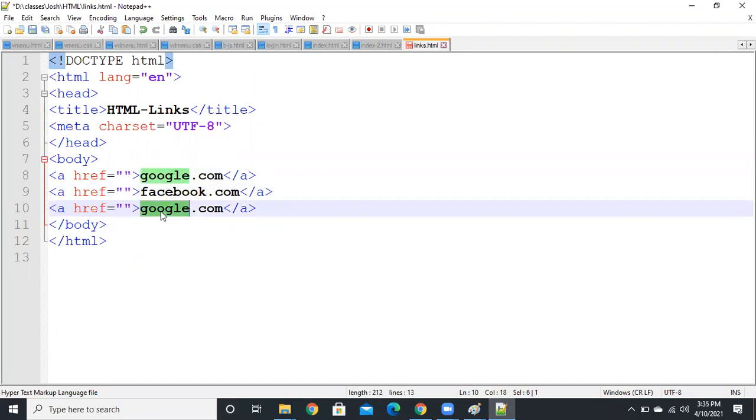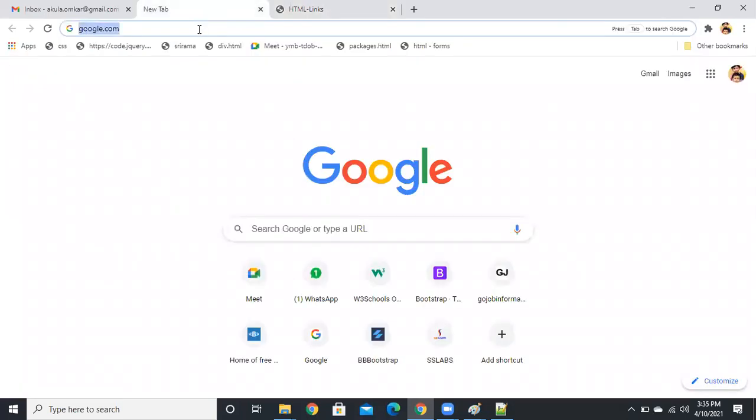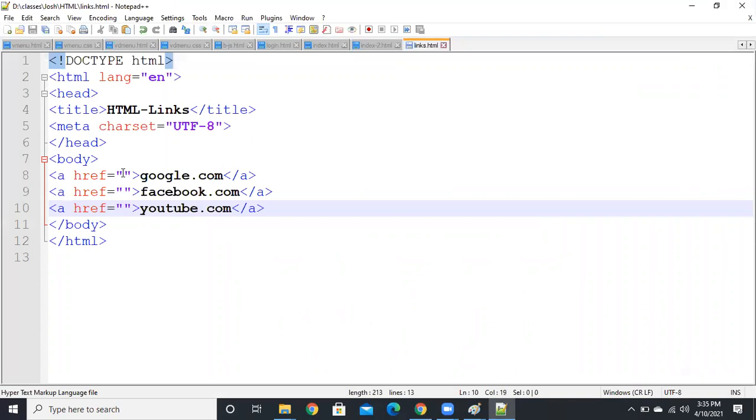Facebook and YouTube. See, automatically you will get it like this. I got examples. You get them within the same line, right? Because these are all inline elements, that's why you get them within the same line. So I'm going to click on Google. What will happen? Nothing. Why? Because there is nothing in that HREF, right? So I'm just going to put this address. I'm going to insert this HREF.